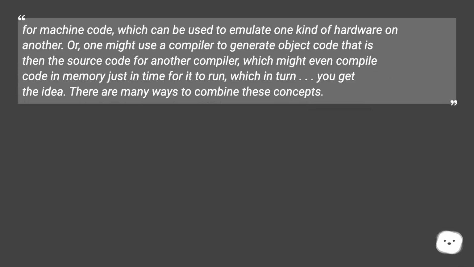for machine code, which can be used to emulate one kind of hardware on another. Or, one might use a compiler to generate object code that is then the source code for another compiler, which might even compile code in memory just in time for it to run, which in turn, you get the idea. There are many ways to combine these concepts,